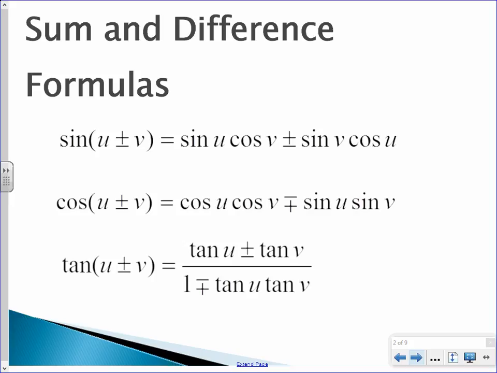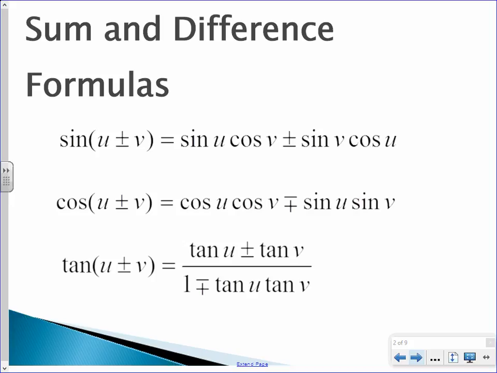Now, that might not be true for you, but pure mathematics is about proving that things are true or proving things are not true, all right? So these formulas didn't just come out of thin air. These formulas came out of mathematicians working with angles until they figured out something that worked for all angles, okay? So I'm going to show you one of the proofs. Now, technically, we have six